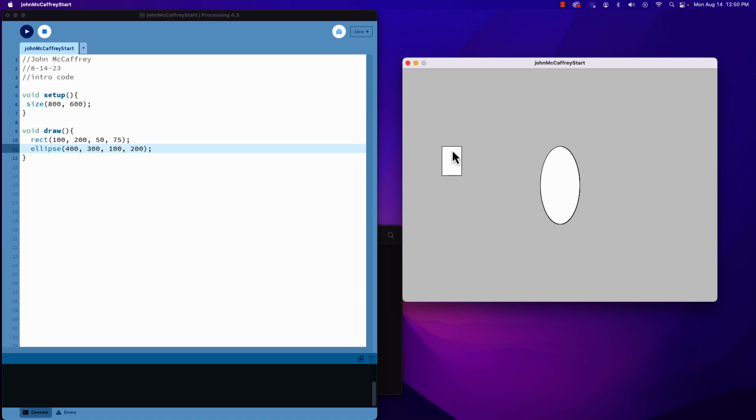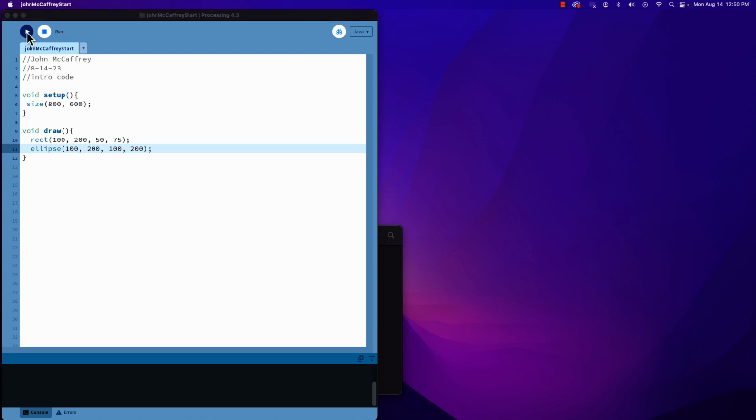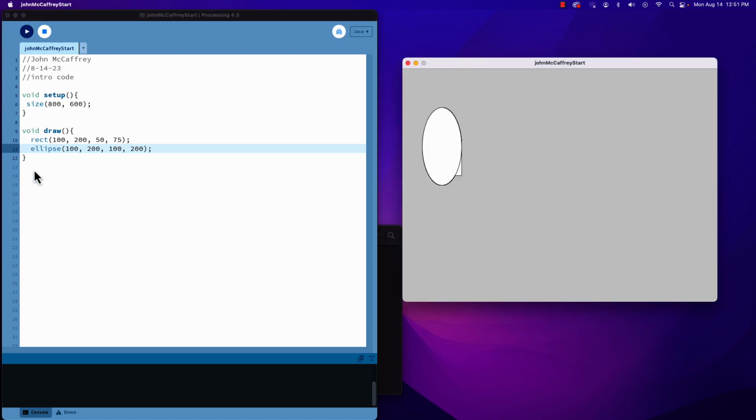So that is important when we're trying to calibrate or figure out what is the difference between objects, where are they on screen, or say I want to draw a circle inside my rectangle. We have to know what that's going to be and how that's going to work. Now, to that end, I'm going to just change this to 100 and 200. Now let's run again and watch what happens. And you'll see the ellipse is on top of the rectangle, and that's because the ellipse is specified second inside